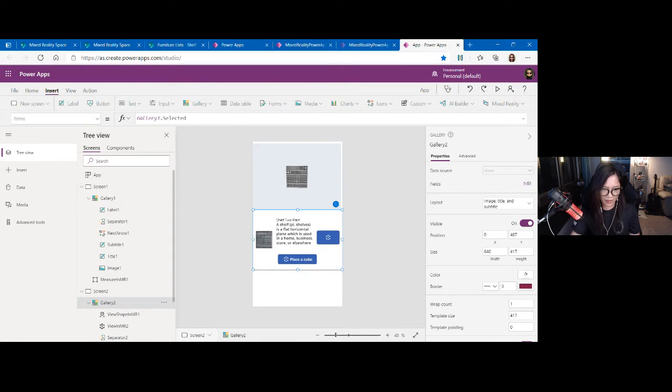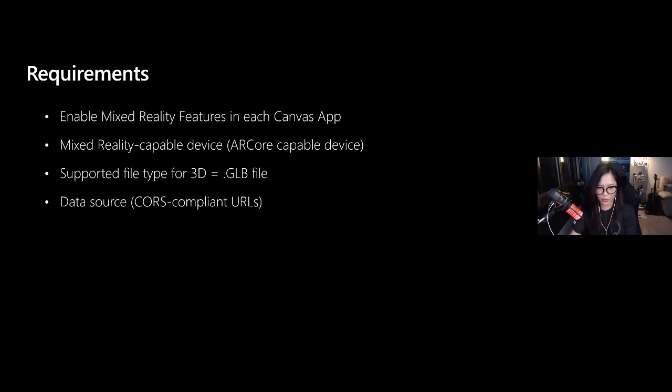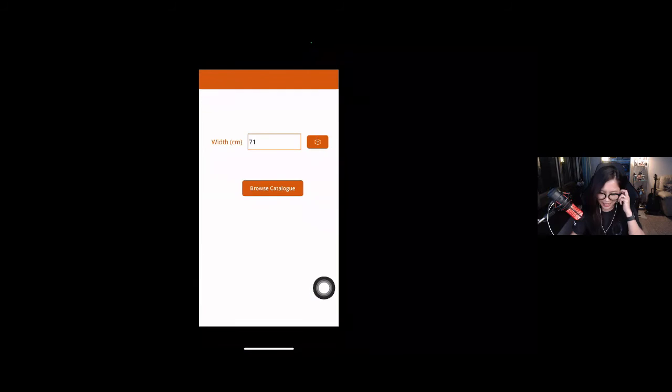So if I play the demo that I have here, for the view in MR, you will have this one. It will open and take a measurement. So let's say I'm going to change these two glass cases into a bookshelf, because I already have a lot of books that I need to put in my bookshelf.